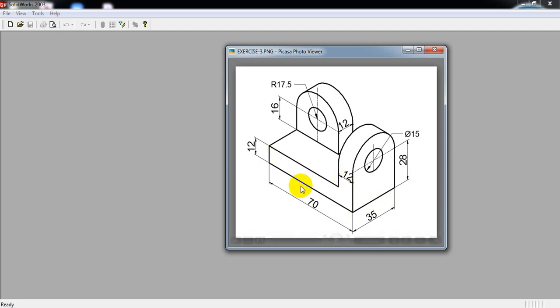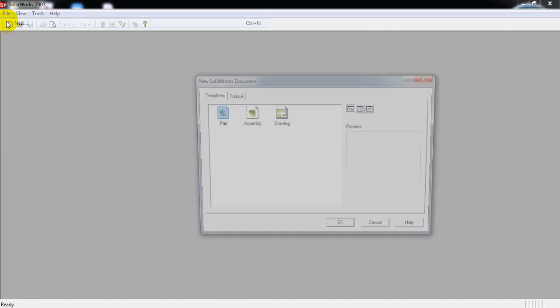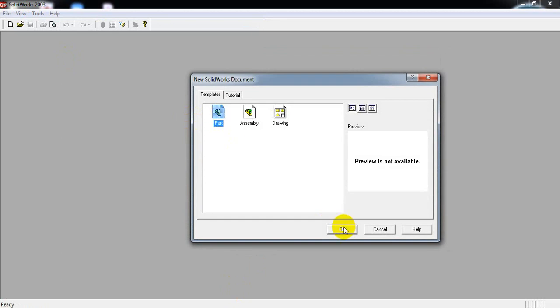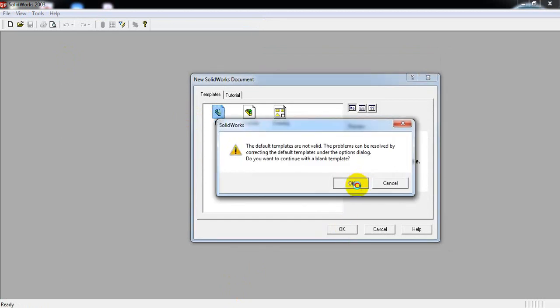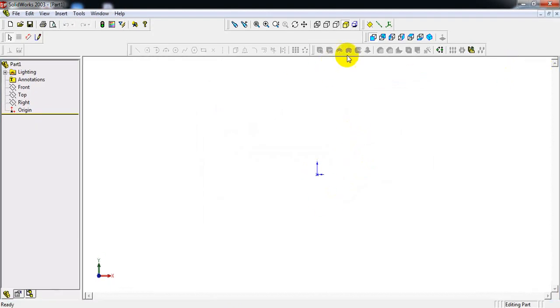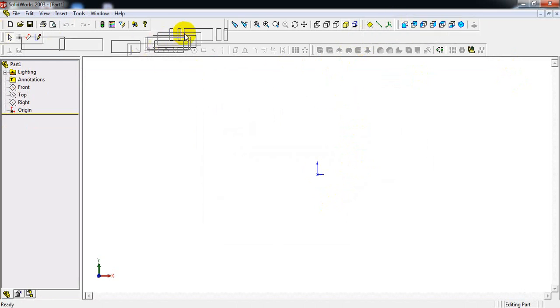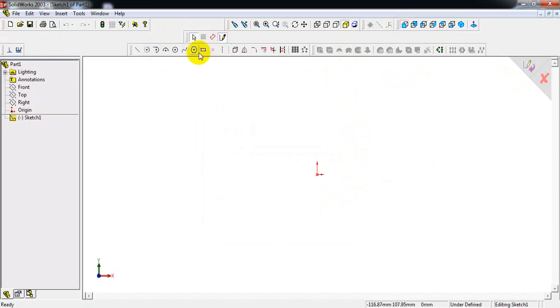First we have to draw one rectangle and dimension as 70 and 12 mm. Select file, new, part file, select OK. Okay, now select sketch, take one rectangle command. From origin point, draw one rectangle,